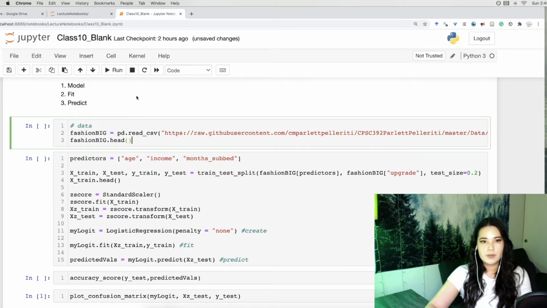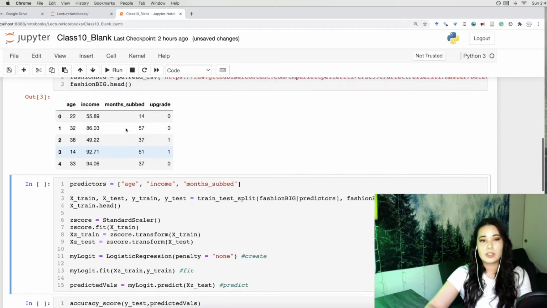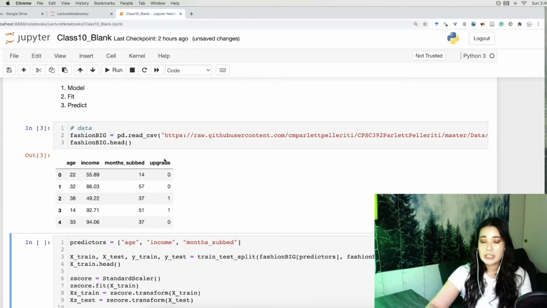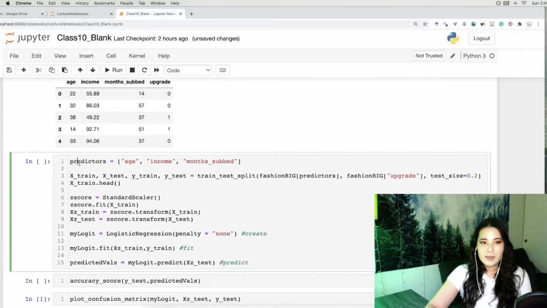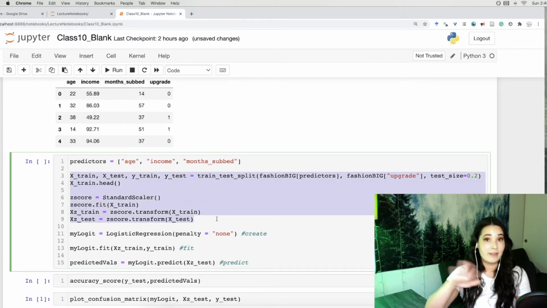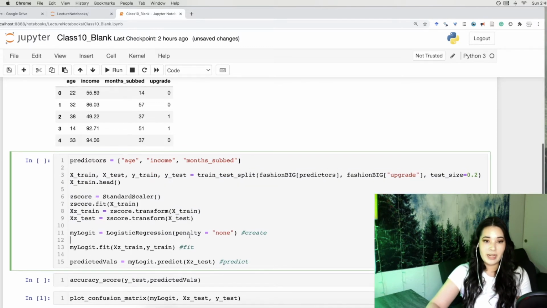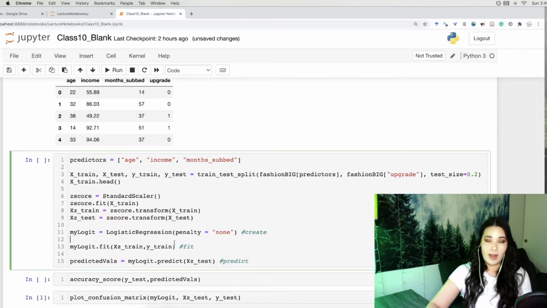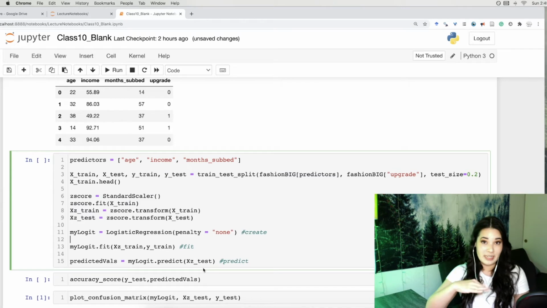But just as a review, I'm going to import our data set, which is looking at whether or not someone upgraded to a premium membership based on their age, their income, and the number of months they have been subscribed to the service. Now I'm grabbing the predictors, I'm doing a simple train test split, I'm z-scoring my data, being very careful not to have any data leakage. I'm creating my model, I'm fitting my model, and I'm using that fitted model to predict the values for the